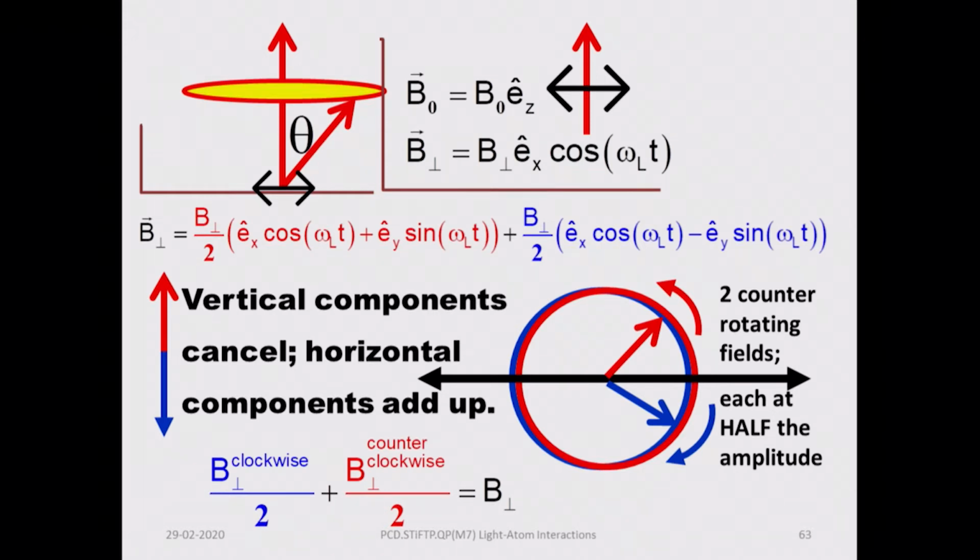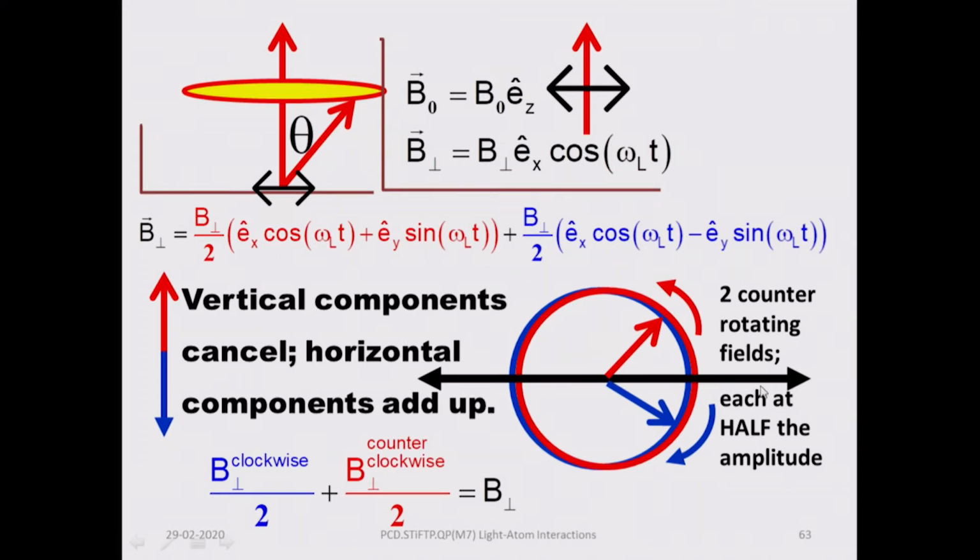rotating fields, with rotational polarization, one clockwise and the other anti-clockwise. And if you see this figure, the red and the blue circles are right on top of each other. They have been slightly displaced in this figure just to show that there actually are two, but essentially they are right on top of each other, and you can see that the vertical components would cancel and the horizontal components will add up. Okay? So, this blue arrow and the red arrow will add up to give